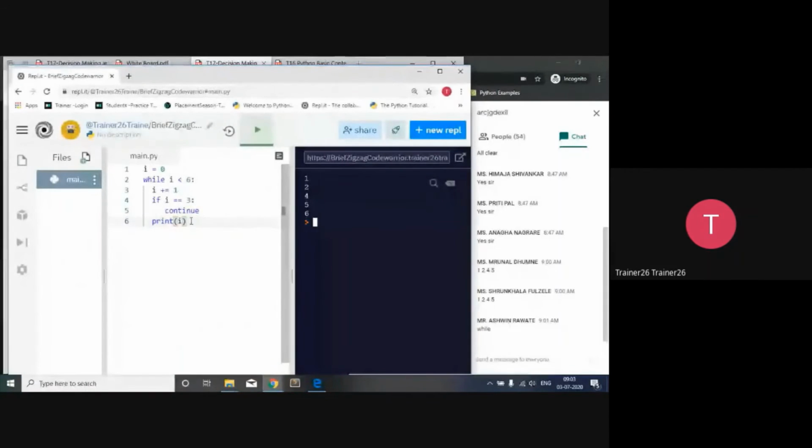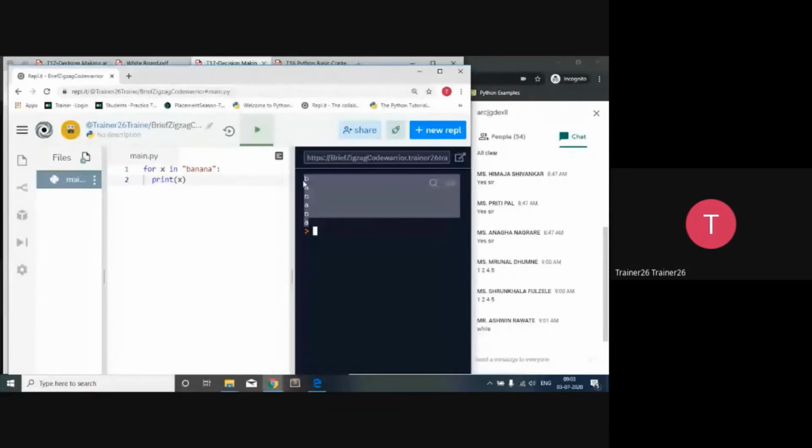तो आपकी जितनी भी C की concept रहती है ना यहाँ धरी रह जाती है. So that's why for x in banana. So मैंने आपको already दिया था कि I will tell you that in the next example regarding the in. So for x in banana, print x. So it will print all the alphabets here one by one. So about the in operator, you have to make sure of this. So here we are going to use those. There is no requirement of an increment as well as the initialization. So you have to take care of that.